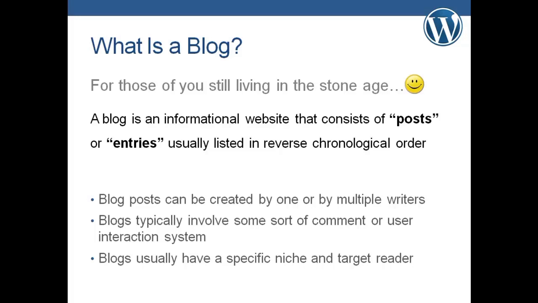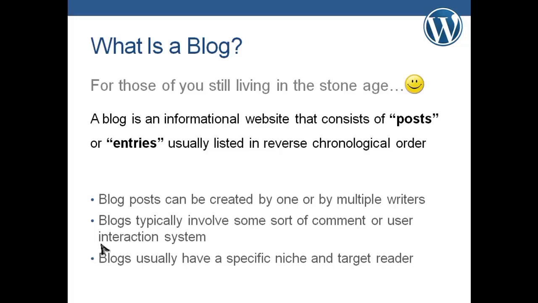Up until about 2009, it was very common for one person to run one blog, but after 2009, blogs really took off, and there are now hundreds and thousands of people that manage a blog and post articles and so forth. A blog typically involves some kind of comment system or some kind of user interaction system